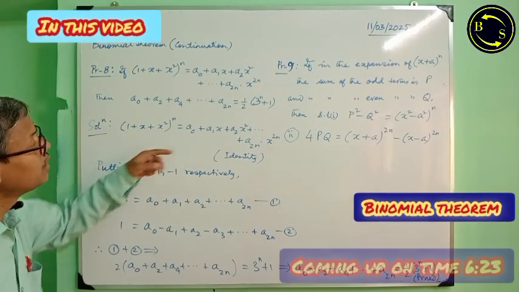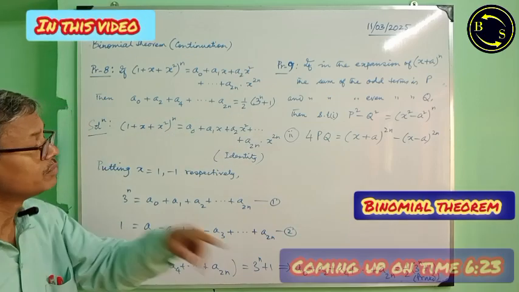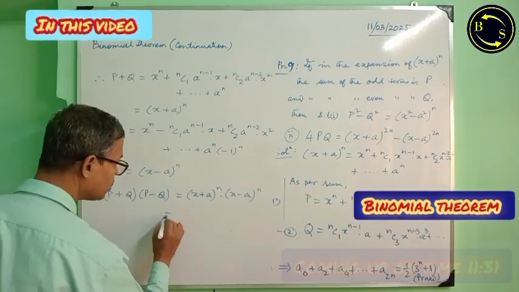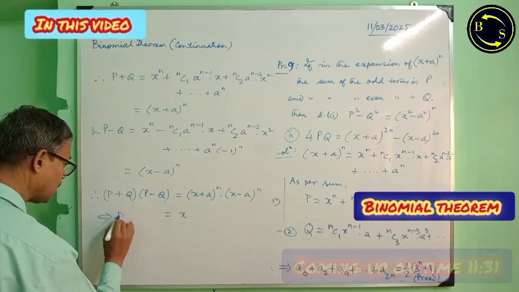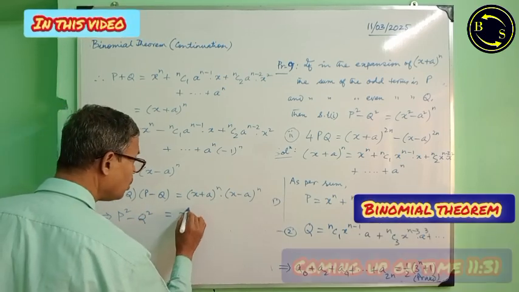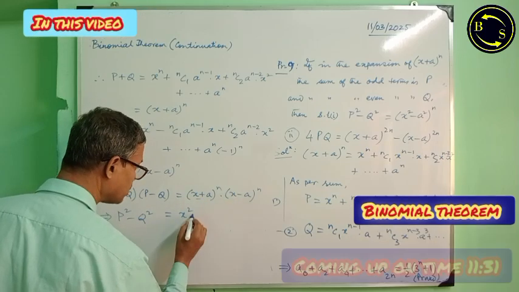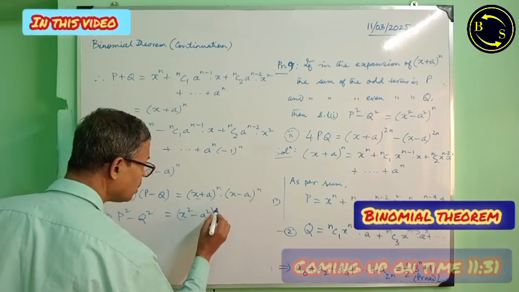We get that right hand part. Therefore, the sum is solved. That means x square, left hand side p square minus q square is equal to x plus a into x minus a, x square minus a square whole to the power